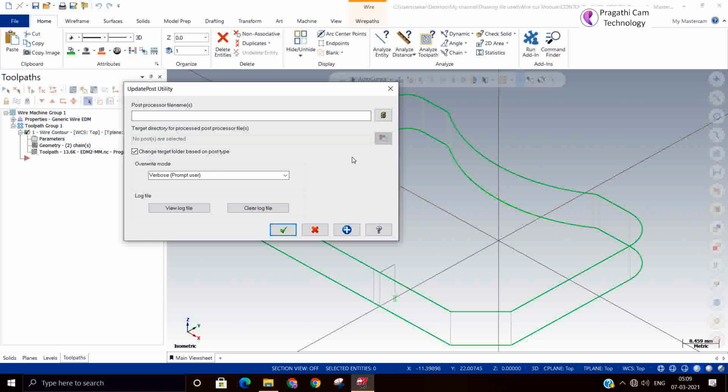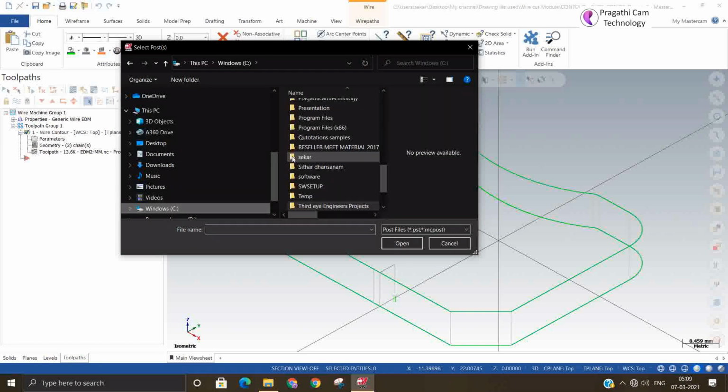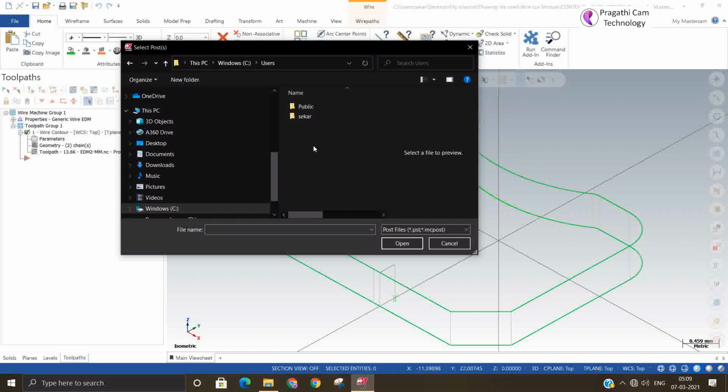I'll select that particular file. User, public documents, wire, and inside the wire post and power libraries. I select one power library. Let me see.